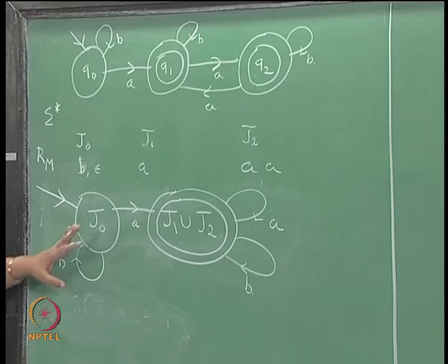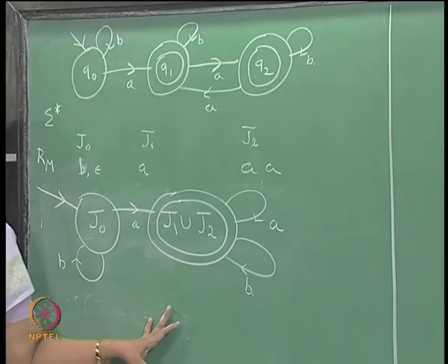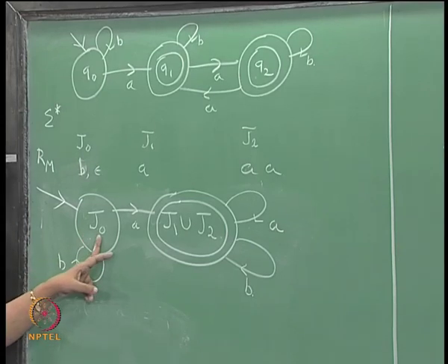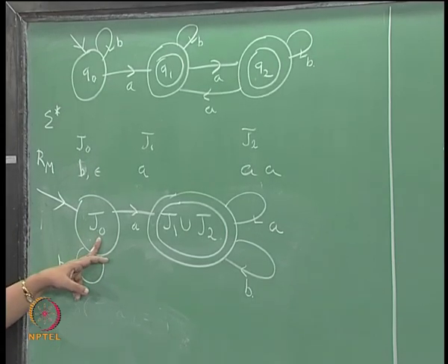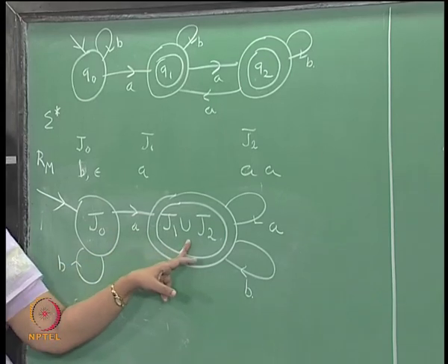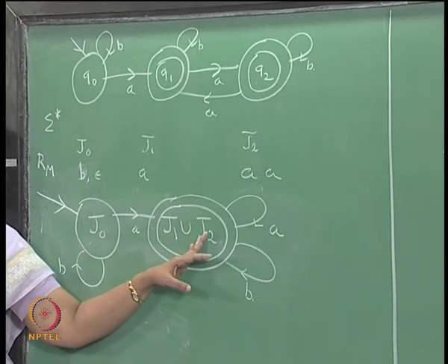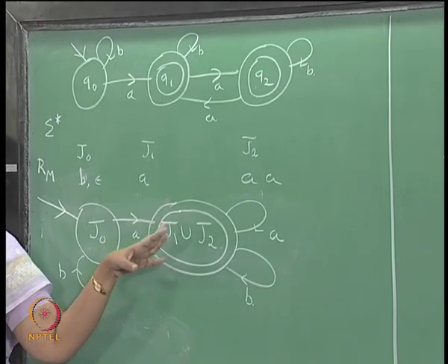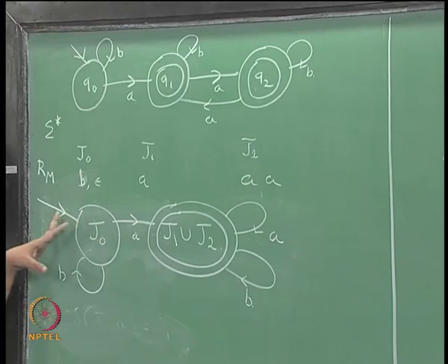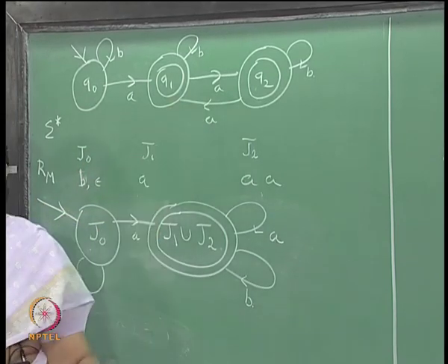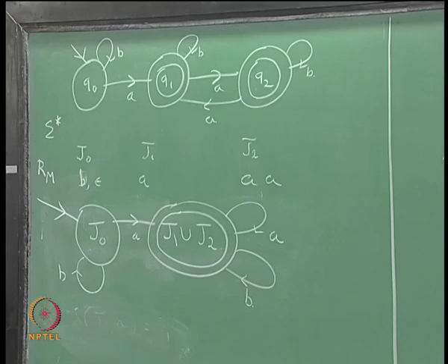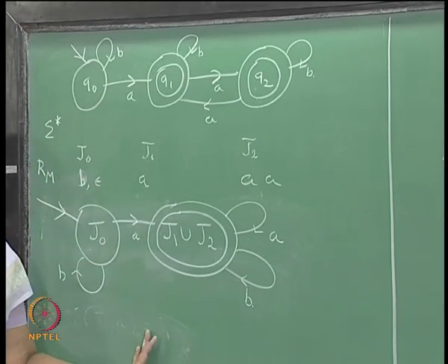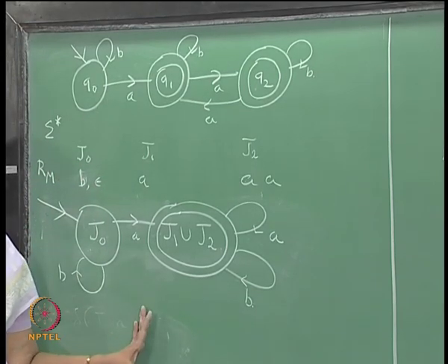We can very easily see that they accept the same language. Any sequence of b's alone will not be accepted, epsilon will not be accepted, but if the string has one a, afterwards whatever you get is immaterial, it will be accepted. So, what you have done really is you have joined these together, you have merged the two states, and you have got this. The same set is accepted by this, but this is a minimum state automaton.